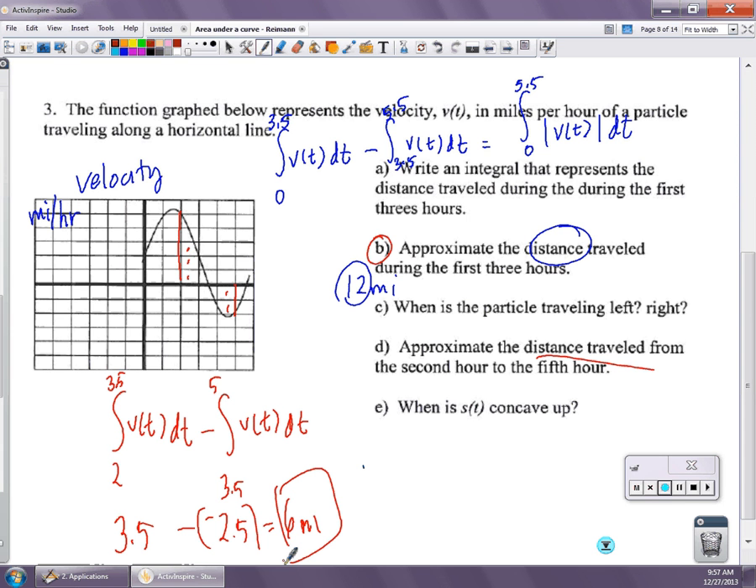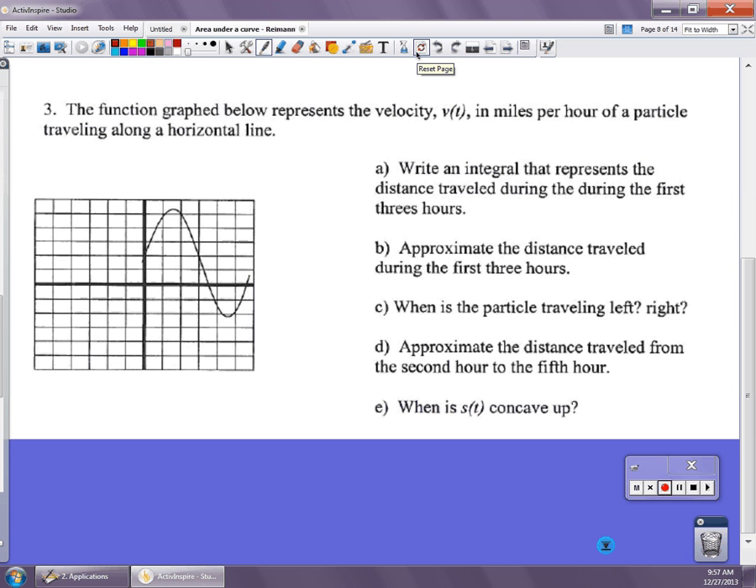And lastly, when is the position function concave up? Now remember, this is the velocity graph, so the position function would be concave up whenever its derivative is increasing. So the first derivative, the velocity, is increasing from 0 to here, and I'll figure that in just a second, and then from here to here. So from 0 to about 2.5, concave up from 0 to 2.5,